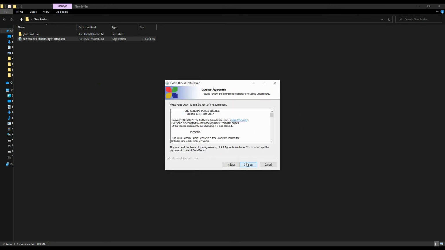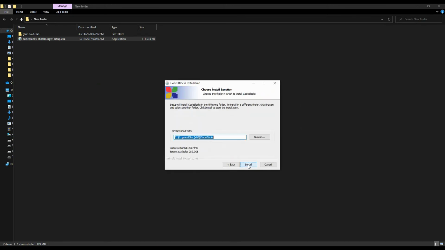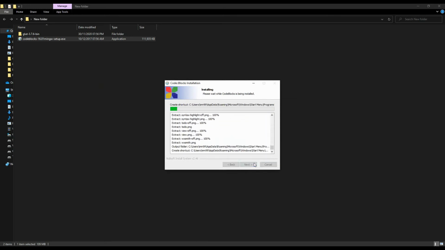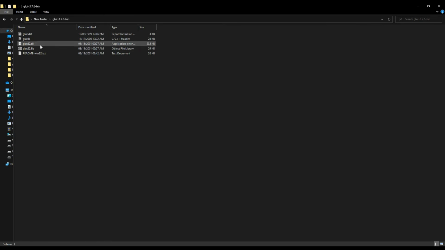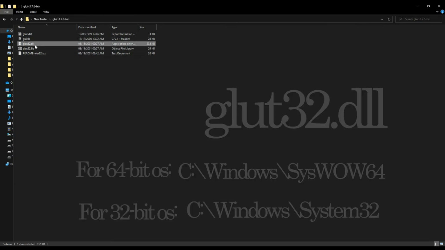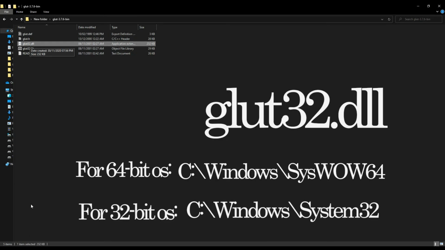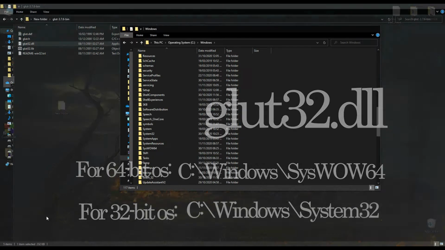So just press next and I agree. Next, choose the destination location. Install. It will take a few seconds. And finished. After the Code::Blocks installation, go to this folder and copy this file first, glut32.dll, and go to the